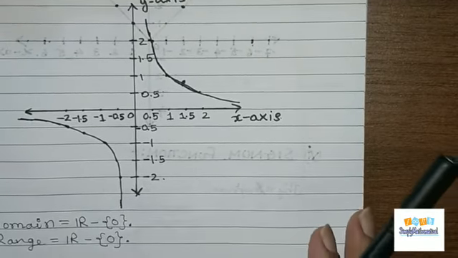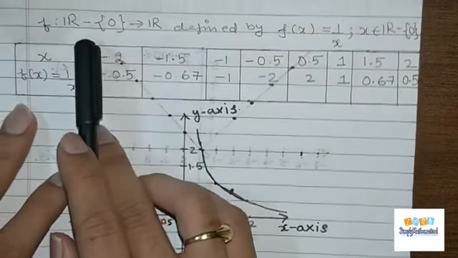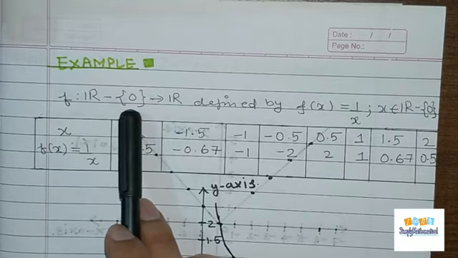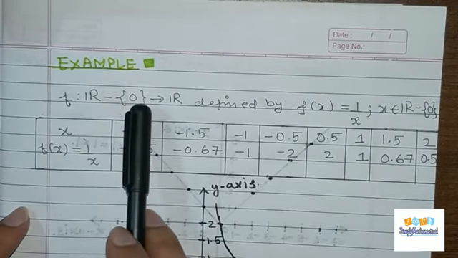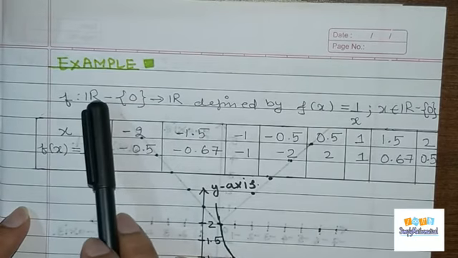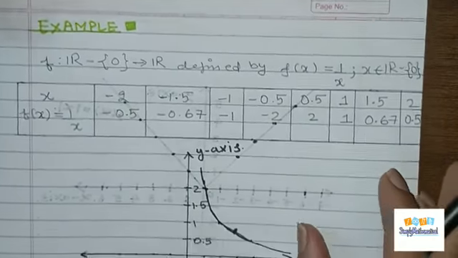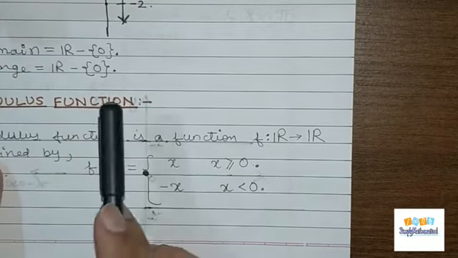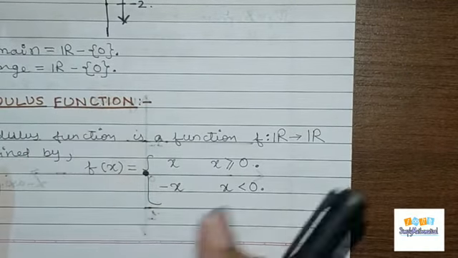So now if you look at the domain of this function, what is it? You can directly see here, it is the real numbers minus the set {0}. That is, all the real numbers except 0, so you have to not take the element 0 from the real numbers. So that is the domain, and what will be the range? The range will be the same as the domain, that is R minus the singleton set {0}.